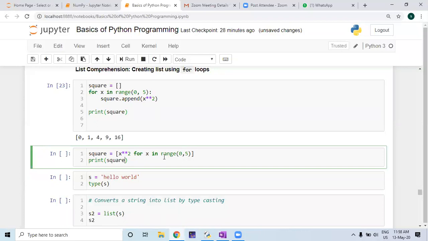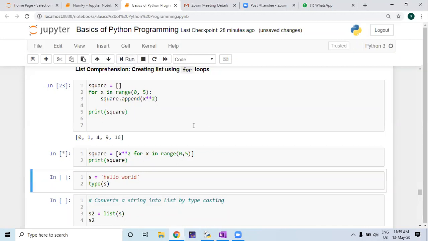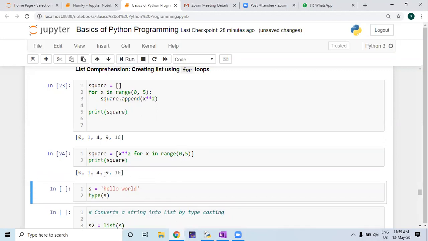So if you write this simple code, x square for x in range 0 to 5, it will give you the same answer. So you have created a list like this. That's why it is called list comprehension. List comprehension is creating a list using for loops. It is a very, very important concept. In many ways, it is helpful in writing some codes. I think this is clear for you.